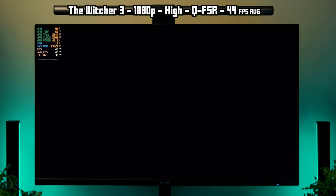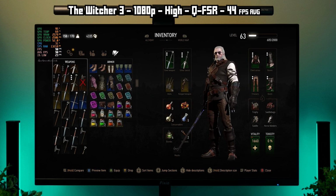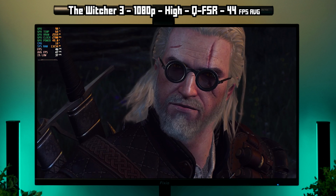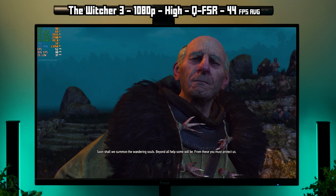I'm in New Game Plus mode right now, and it's one of those situations where I haven't played in a few months and I'm getting back into it, but I kind of forgot what all the items do and what my build needs for materials and stuff. So I gotta figure all that out again, but whatever. I'm about to find my way to Skellige, but I'm cleaning up a few side quests here in Novigrad, and